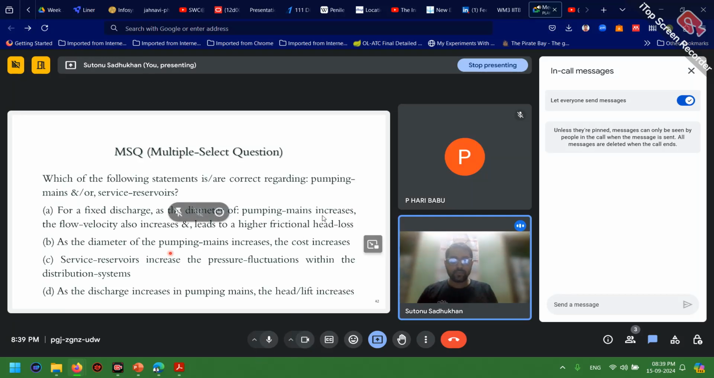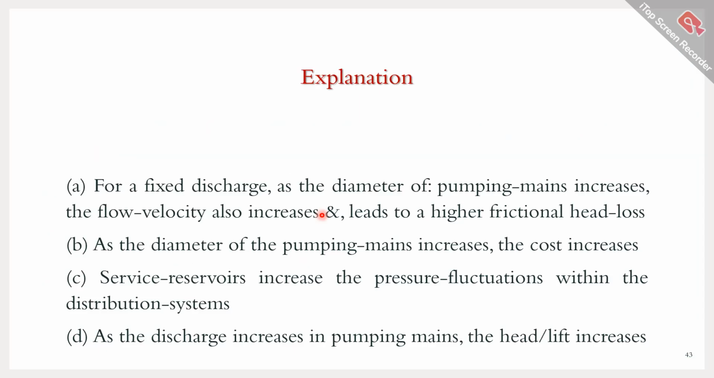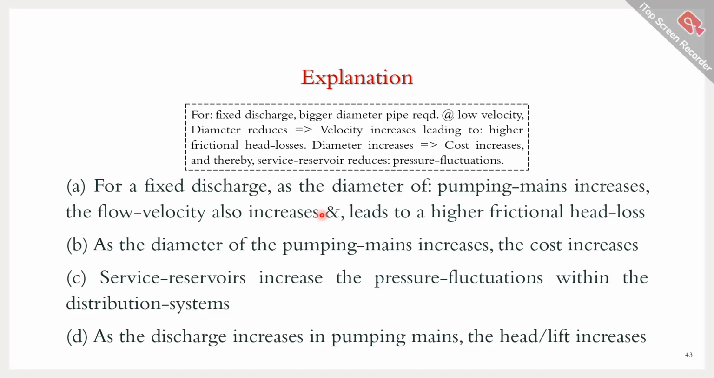Okay, so we'll move towards the solution. First, there is an explanation. For fixed discharge, bigger diameter pipes are required at low velocity. Diameter reduces implies velocity increases. Definitely, because of the continuity equation, if the diameter reduces, for flowing the same amount of